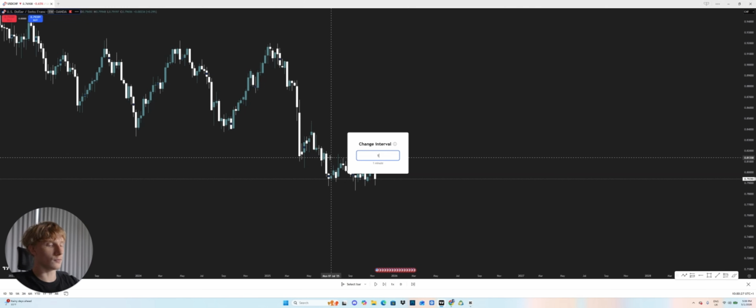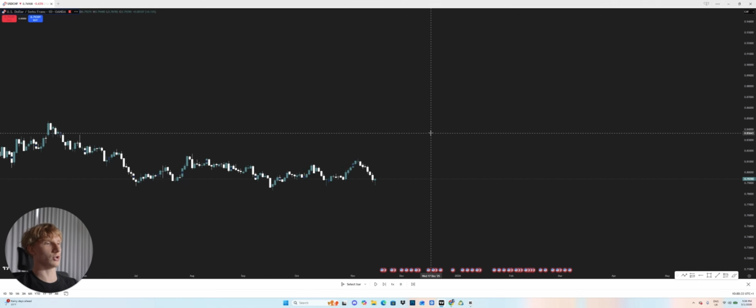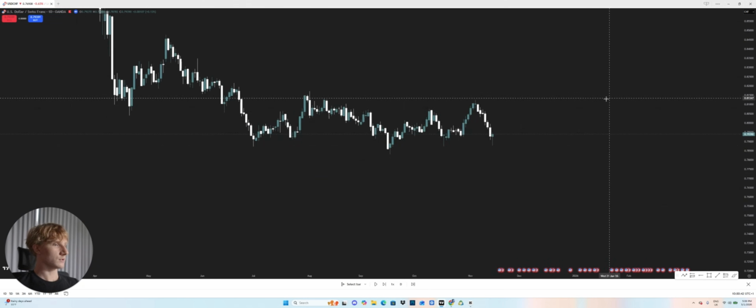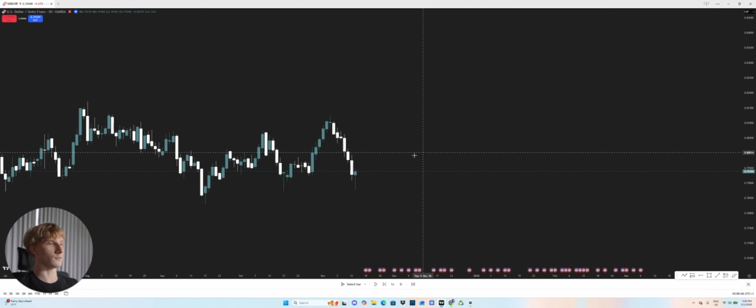Now, because our overall sentiment or bias, from looking at the weekly time frame, is bearish market structure, what are we going to look for? Well, we're going to be looking for sells, and because of that, we're going to be looking for areas of supply. So now we zoom in on the daily time frame, and we need to look for an area of supply. So what are the steps of doing that?